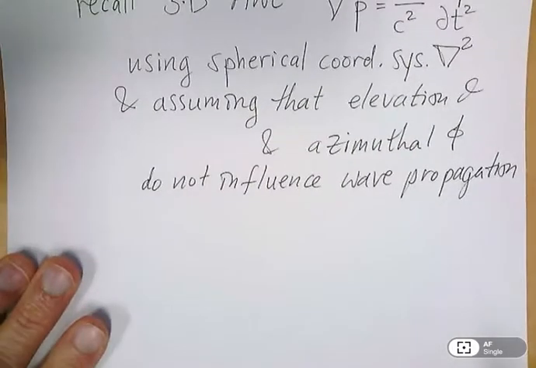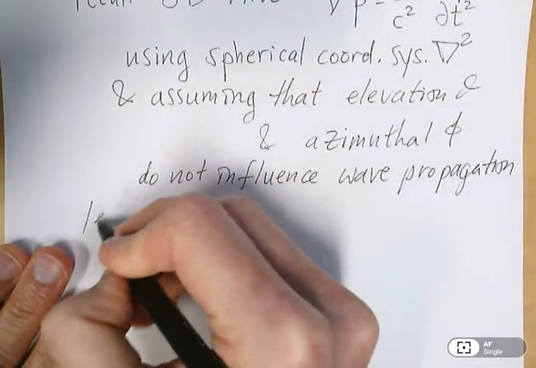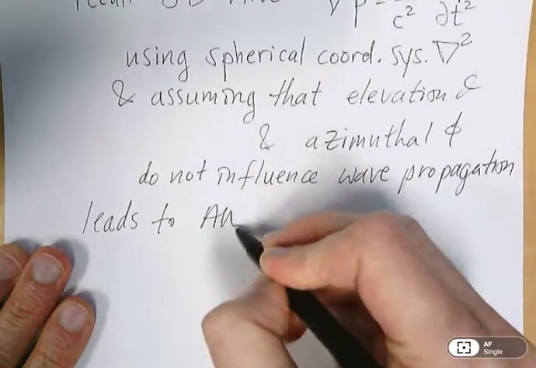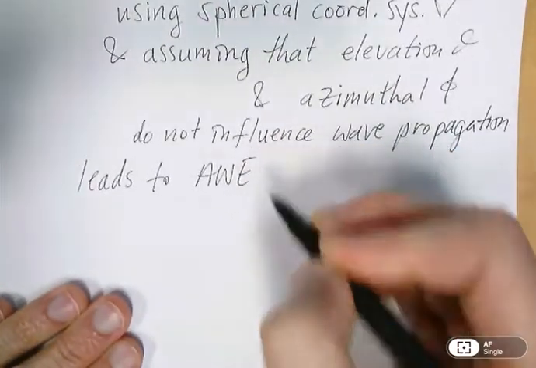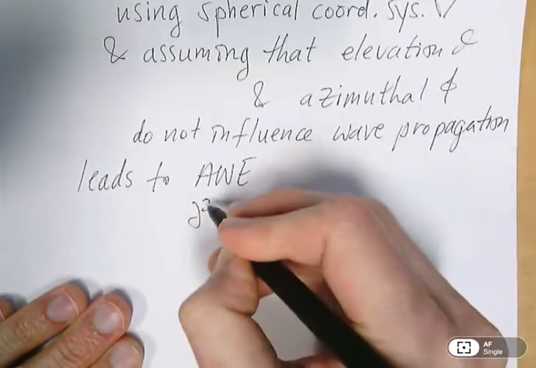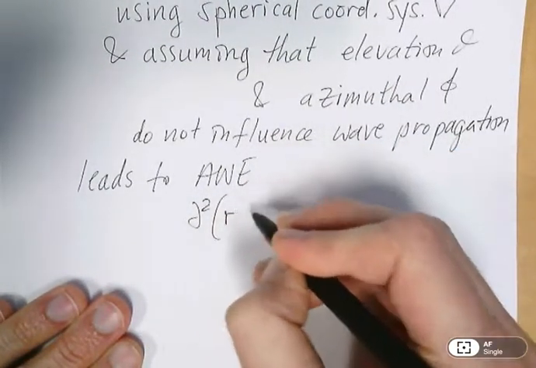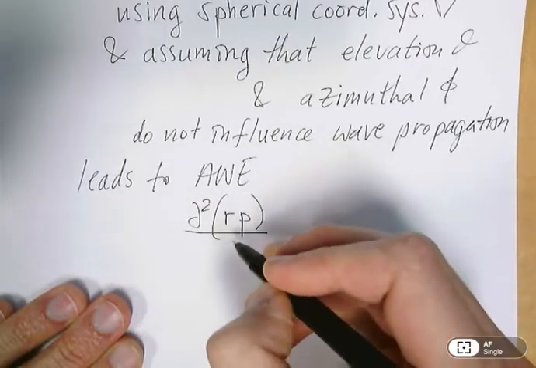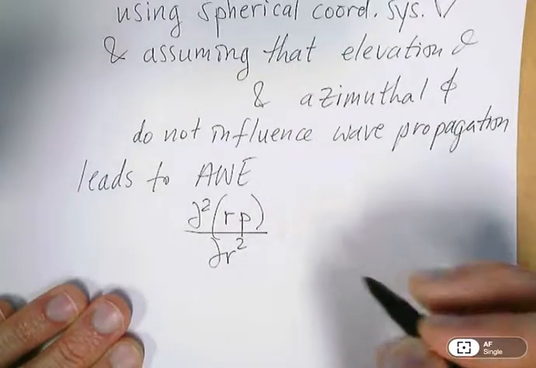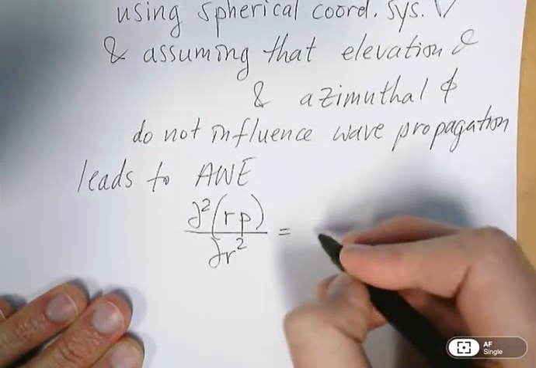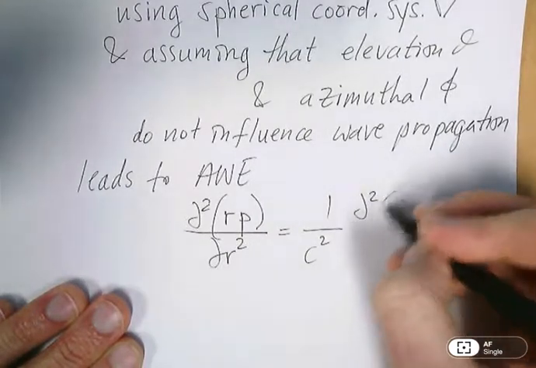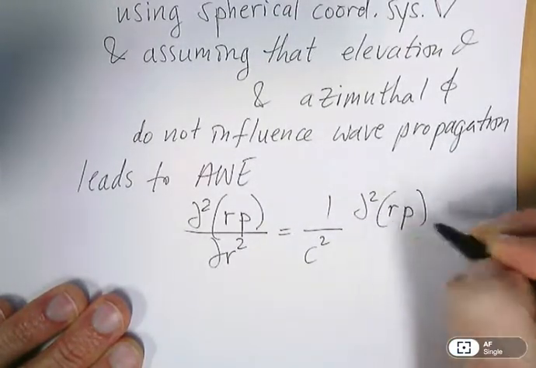This leads ultimately to an acoustic wave equation written as del squared of the quantity rP, divided by del r squared, is equal to 1 on c squared, del squared of the quantity rP, del t squared,